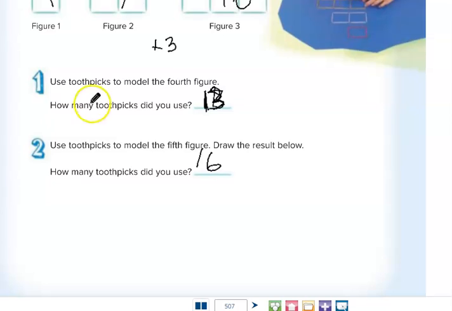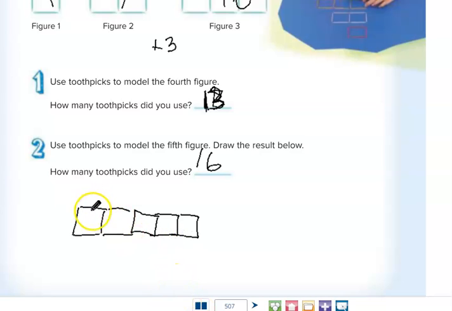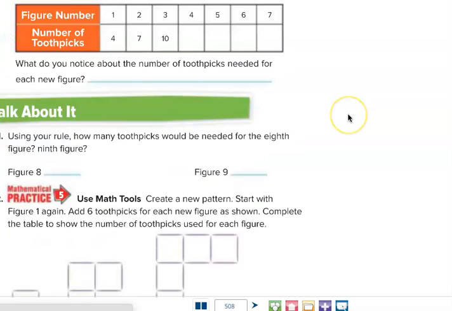So I'm essentially going to create 5 squares. Okay, so now let's just double check and count our sides. So we have 1, 2, 3, 4, 5, 6, 7, 8, 9, 10, 11, 12, 13, 14, 15, 16. So I did use 16 toothpicks, so that checked out. All right, on 508,